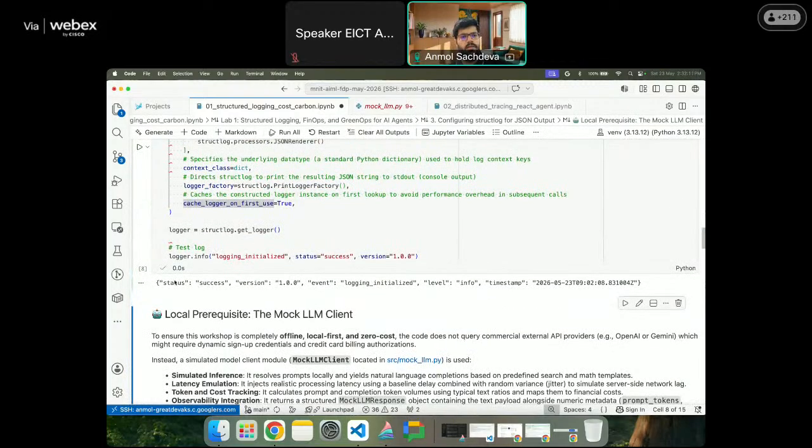We see that we have our logger initialized now with JSON logging. This is just an example of a test log. We see that we were able to set some keys like status equal to success, version equal to 100. Again, it's a structured logger, so you can pass key value pairs. Those key value pairs don't need to be hard coded, so you can have new keys added, and that's why you get the functionality of dynamic logging,